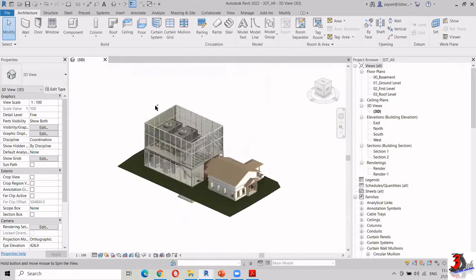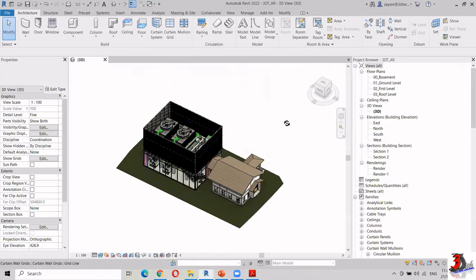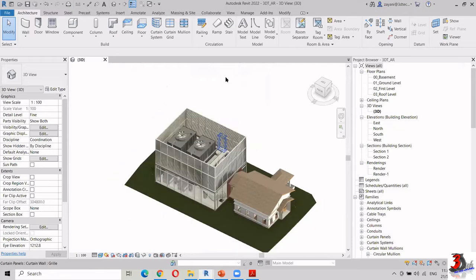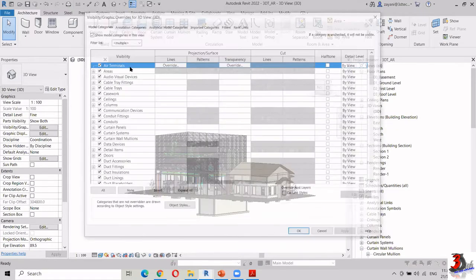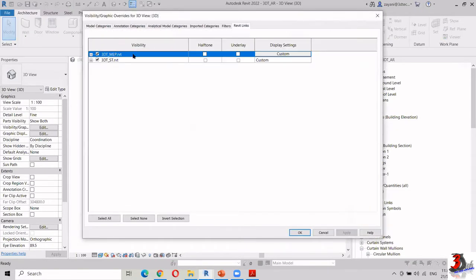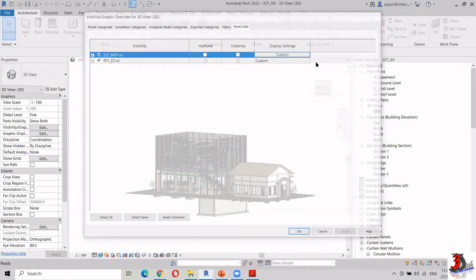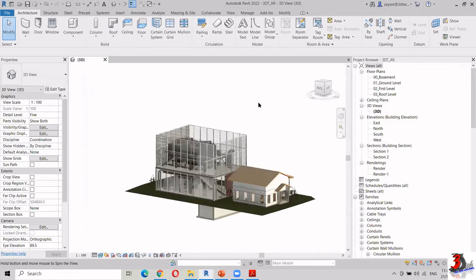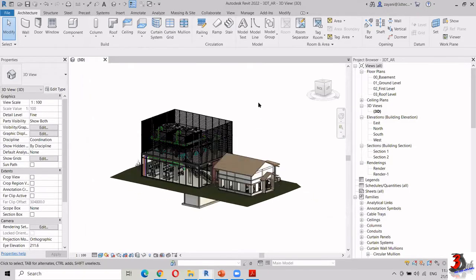As you can see here, before I go into the grid, this model is actually a combination of an architecture model as the host, and then I bring in my MEP and structure model as a link in Revit. So when I wanted to view the grid, Revit made it a point to not give you a very messy grid. So what it gives you is an option. What option? In your properties panel, you have this show grid parameter.